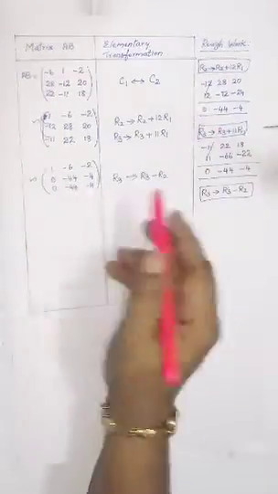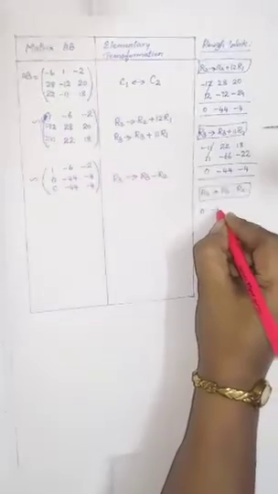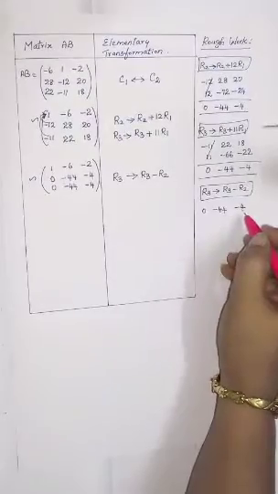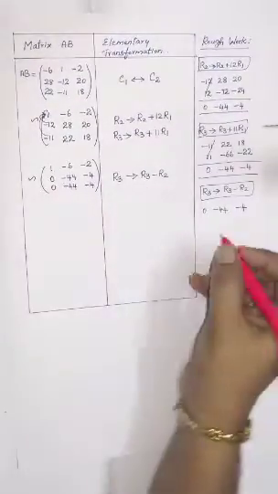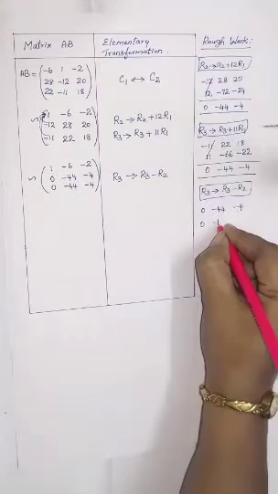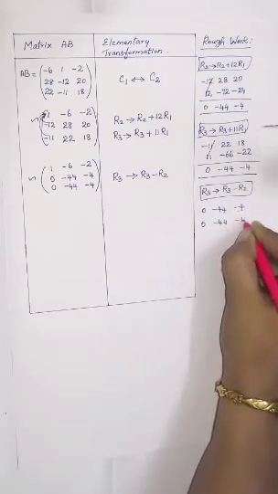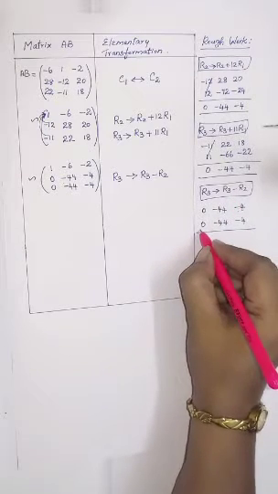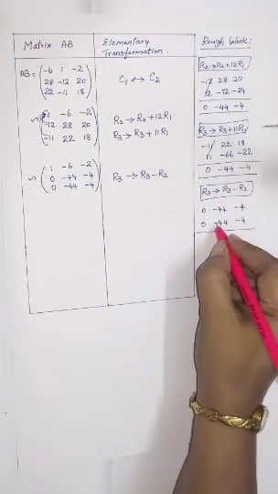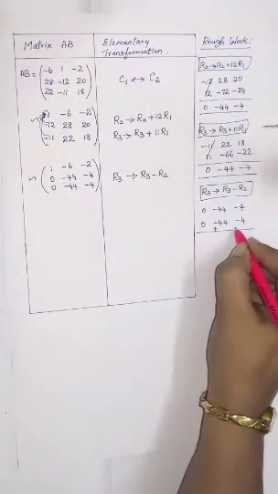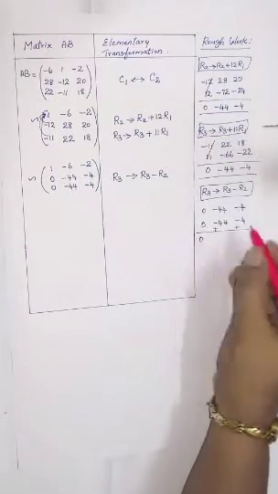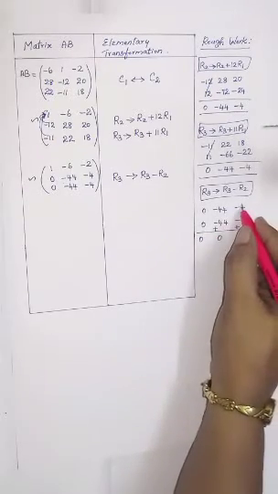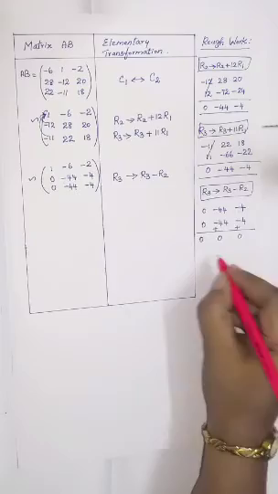Now R3 we'll have to write, that is 0 minus 44. Next is minus 4. This is your row 3. Now we'll have to take row 2 and write it over there. 0 minus 44, again minus 4. Now we'll have to subtract it. So subtraction is there, so we'll have to change the symbol. For 0 no need to give. Here minus is there, so give plus. Again minus is there, give plus. So 0 you'll get 0 itself. Minus 44 and plus 44 you'll get 0. Same way here minus 4 and plus 4 is there, you'll get 0.